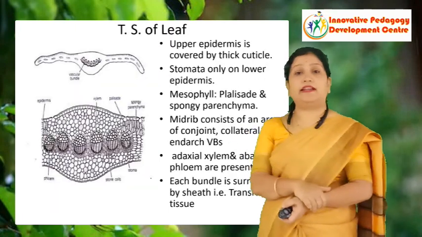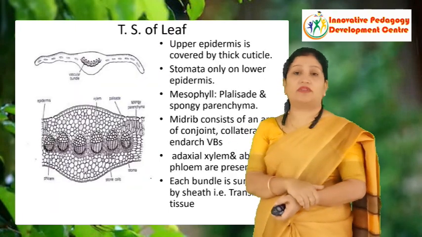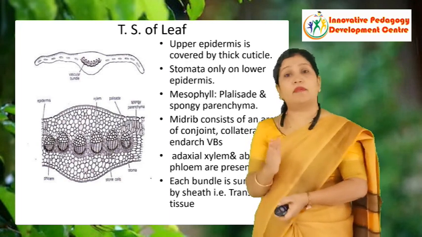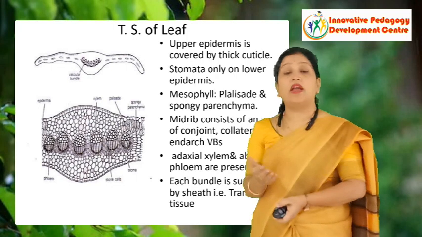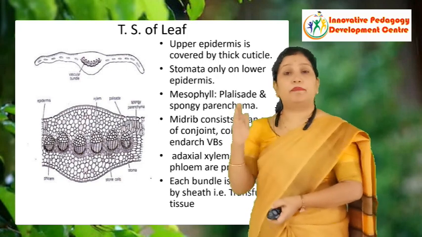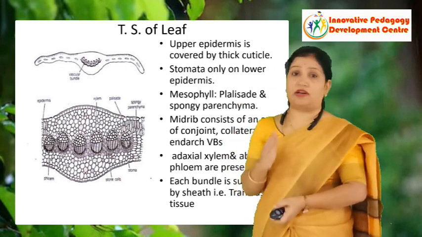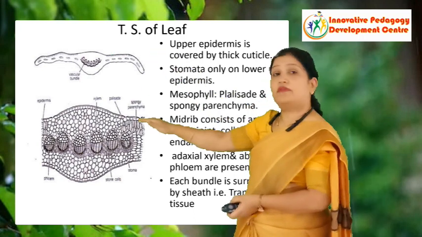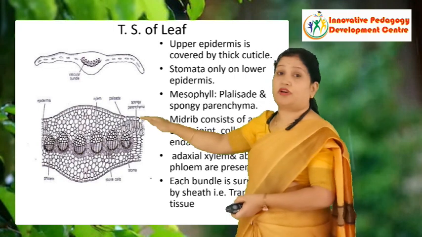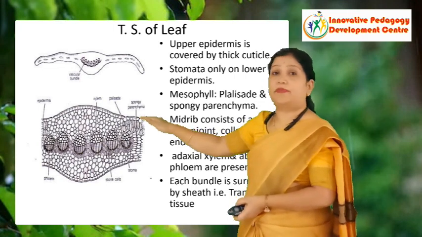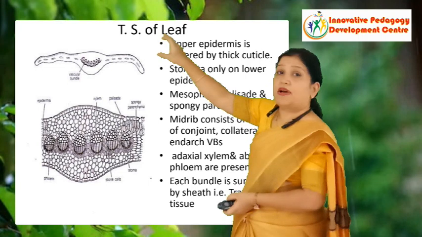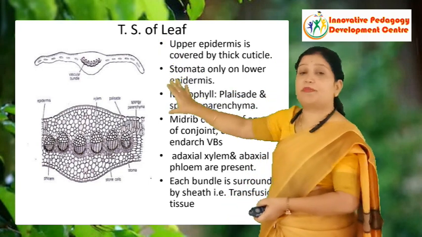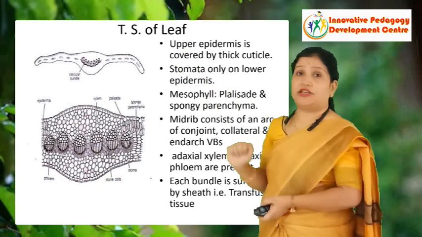Now we will see the important structure of the leaf. You do remember, dear students, that not only in morphology but also in anatomy, the leaves of Gnetum simply resemble the dicot leaf. Here the upper diagram is the diagrammatic view, and the lower one is the cellular view for the transection of the leaf. You can see the upper epidermis and lower epidermis, and the mesophyll region is sandwiched between these two epidermal regions.